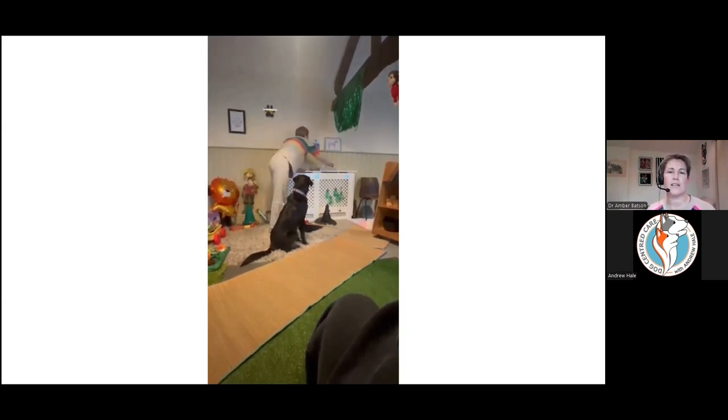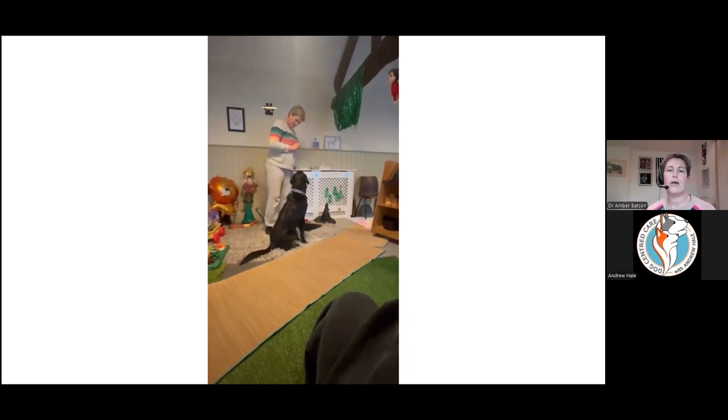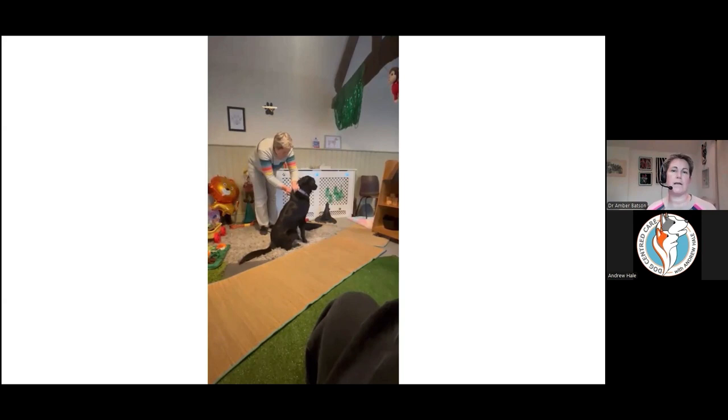So I give a signal of a verbal thing of vet touch, where I tap my own chest as well so they can see and hear me. And he knows that means I'm going to give him a stroke and then give him a treat. And then because we've done that, here I'm actually giving him his vaccination